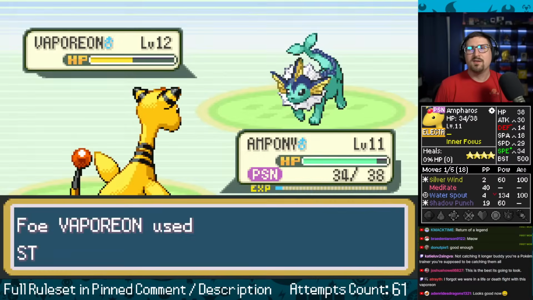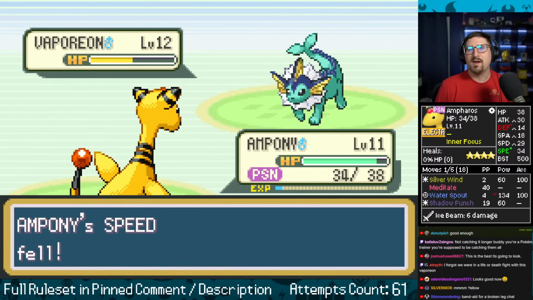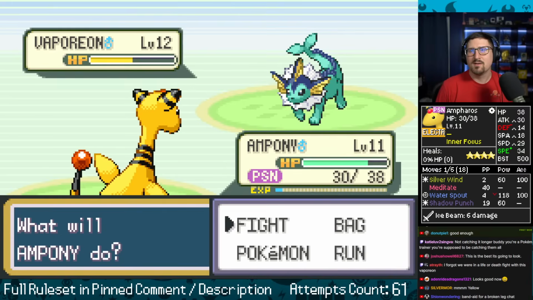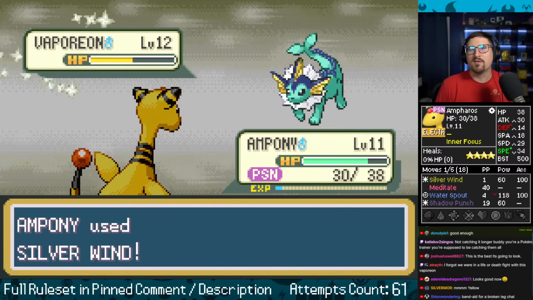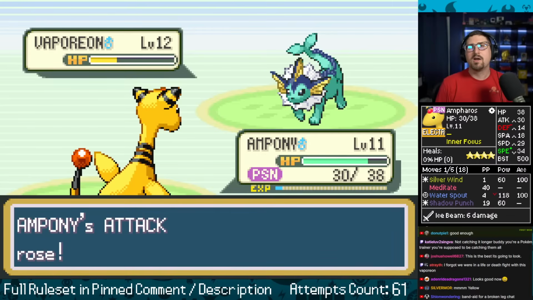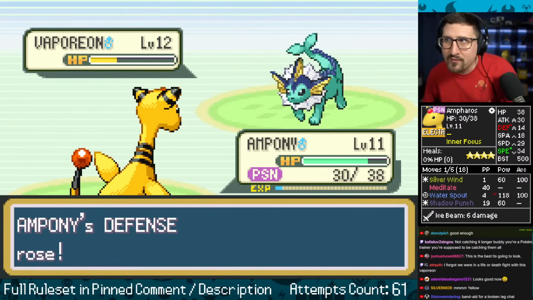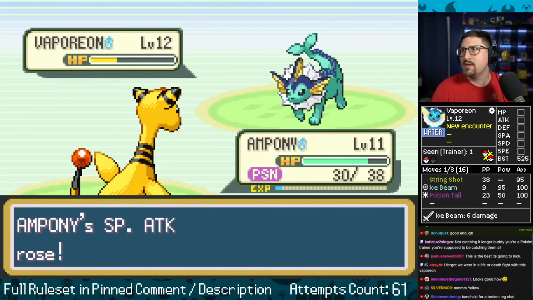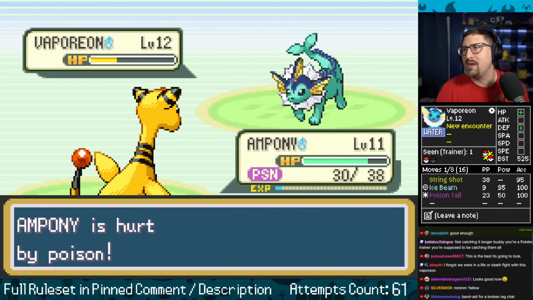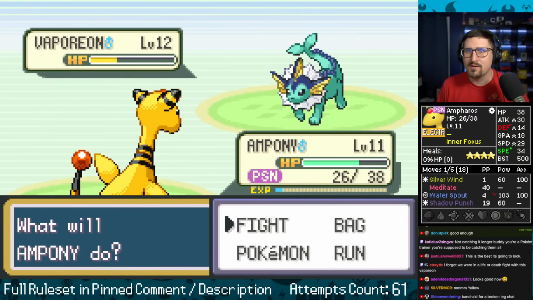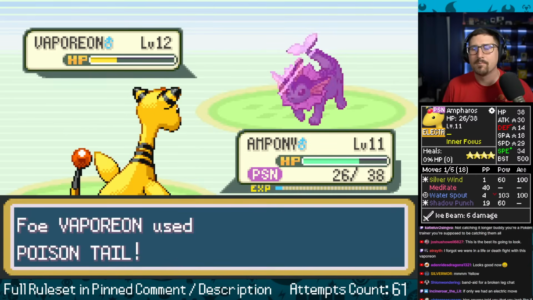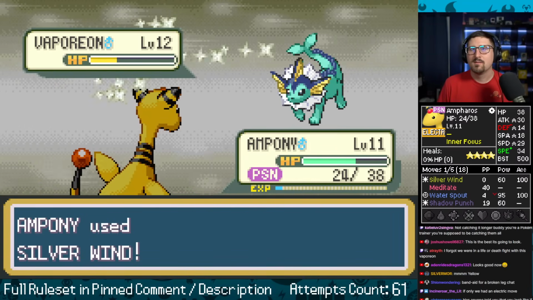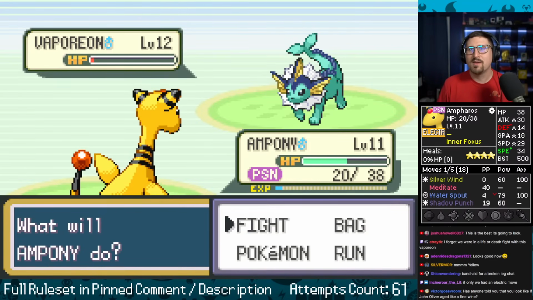It's still going to be a little dicey, because we're still going to get... Okay, String Shot is not as bad. Hopefully... We still want a Silver Wind here. Still trying to proc... Yeah. Thank God I used another String Shot. Slower does not hurt. Okay, I got another Omni boost. God, this Vaporeon... This thing probably has HP and defense. When your run ends, you can look at the total stats. I gotta see what on earth this thing is packing. Poison Tail. Silver Wind. I think we're gonna survive. I think we got this.